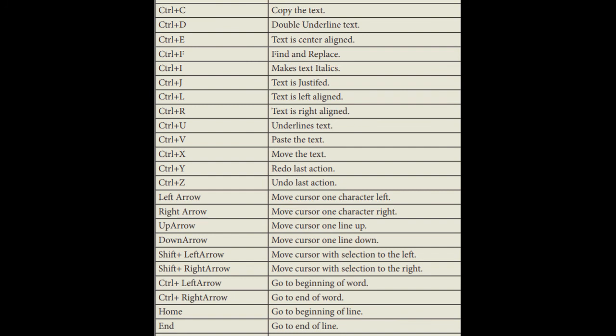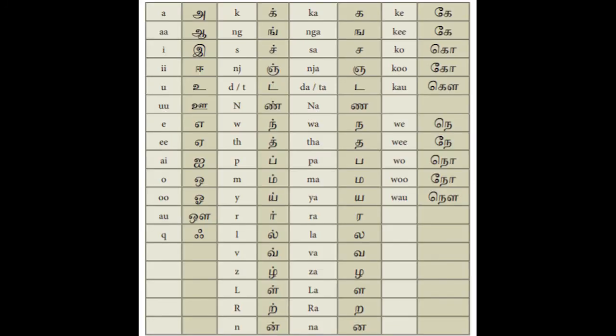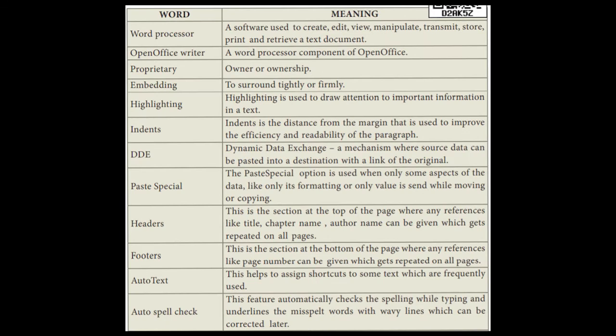Right? This Unicode Tamil keyboard typing chart is also given here on page number 99. Right? Just see that. In Tamil, if you want to type A, the Unicode is A. And AA is AA. Likewise, for all the Tamil text, they have given the Unicode there on page number 99, and they have given some workshops for you. If you can, just try that exercise part also, right? And about the words and meanings, the glossary section is there on page number 101, right? Just go through that also.